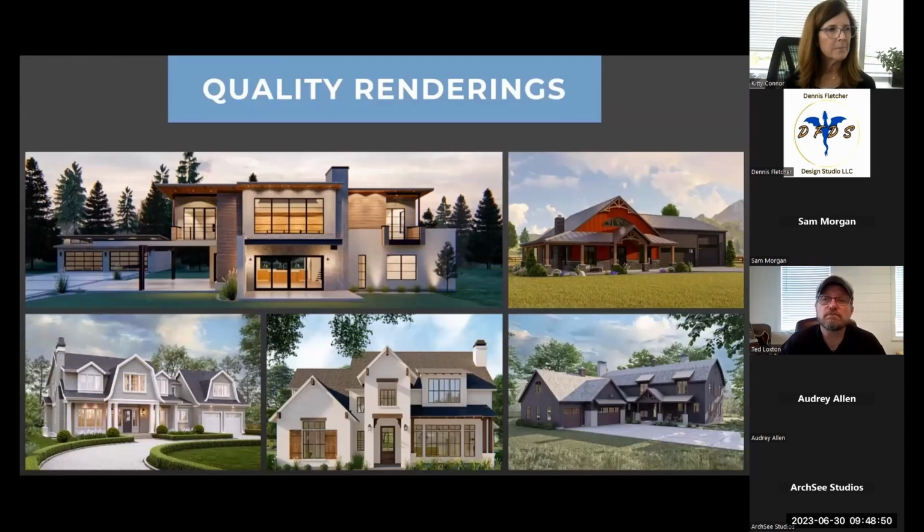Here's just a sampling of some of the renderings that are on the website. I'm sure every single one of them has been touched by us. Again, you know, we add clouds, we change color, cropping, bringing the image closer to the viewer, which helps to